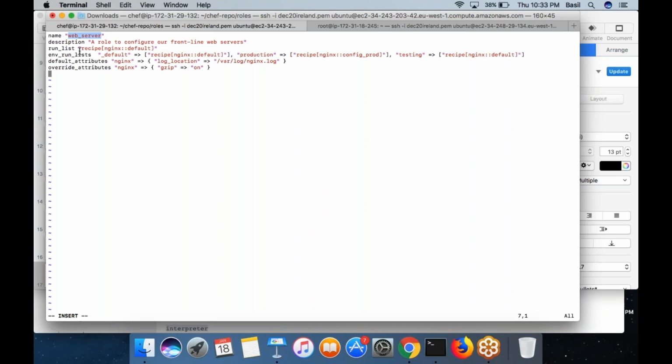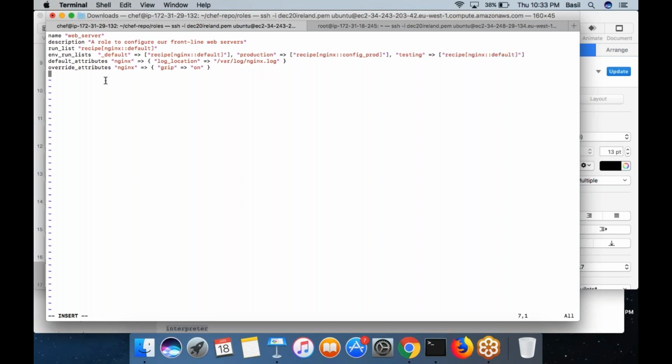That you can do. Or you can create an environment-specific run list. For example, if the machine is a web server and it belongs to production, then this is the run list. If the machine is a web server and it belongs to the testing environment, then this is the run list. So you can actually mention an environment-specific run list.